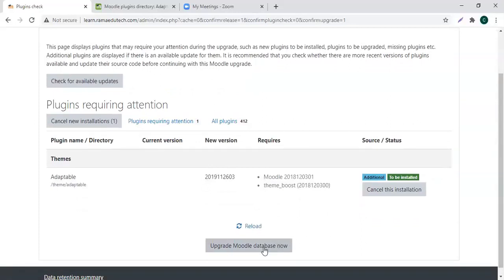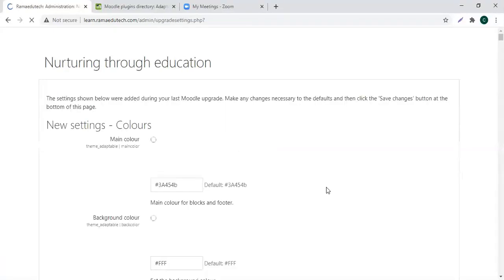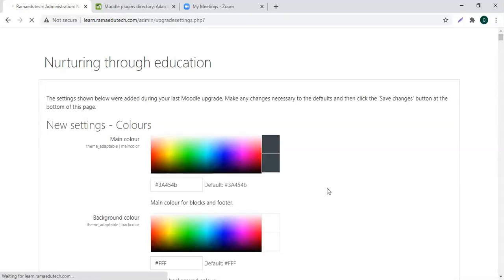Now they are going to install the files related to this theme in the database. So upgrade Moodle database now. Success, continue. Okay, now it has been installed.